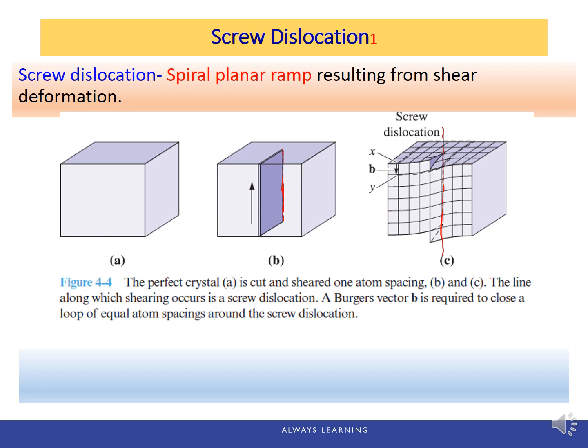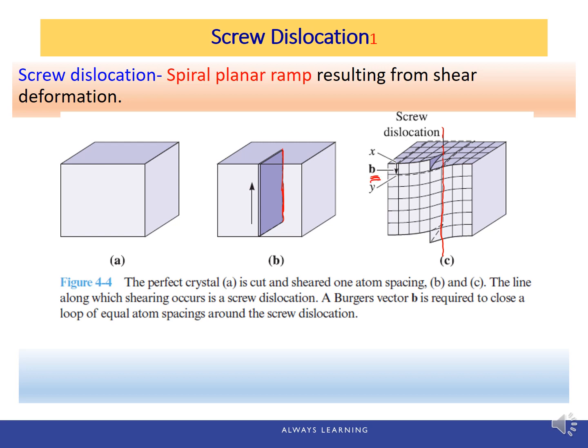The screw dislocation, the name derives from the spiral or helical path or ramp that is traced around the dislocation line by atomic planes of atoms, which is hard to draw on this figure, but we can draw one path. By the way, also we can show this